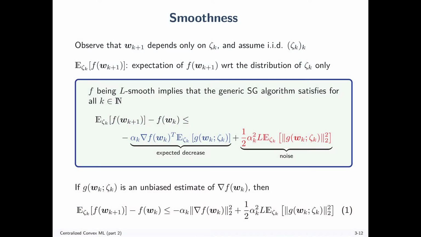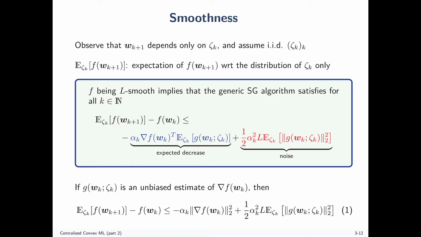We can show, by the definition of smoothness, that this inequality holds. If the function is L-smooth, and we run these generic iterations, even if you add the projection here, nothing would be different. Then you can have this inequality. So let me first say what this inequality is, and then we can show how we can achieve that. This inequality says that the expectation over the randomness in the iterations that we have of